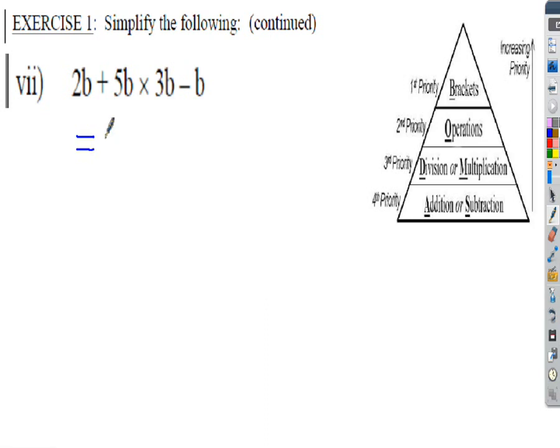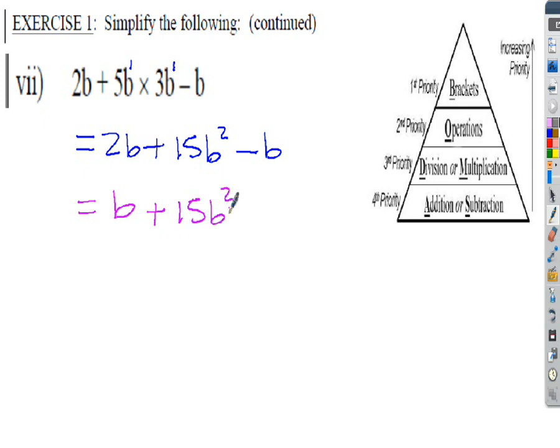So simplifying, 2b added to 5b multiplied by 3b is 15b squared. Don't forget that's b to the 1 and that's b to the 1 there. So applying the first law of indices, we end up with b squared. And we're still subtracting the 1b at the end. Now looking for like terms here, we have a 2b and a negative 1b. This b squared term is not a like term. So simplifying 2b subtract 1b, we end up with 1b, or simply b, added to